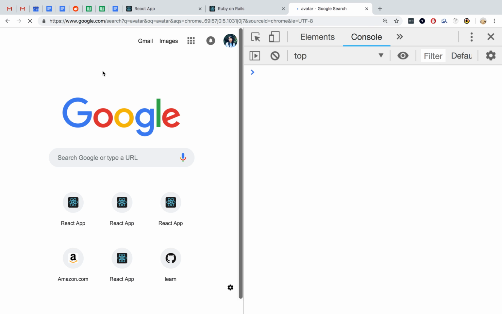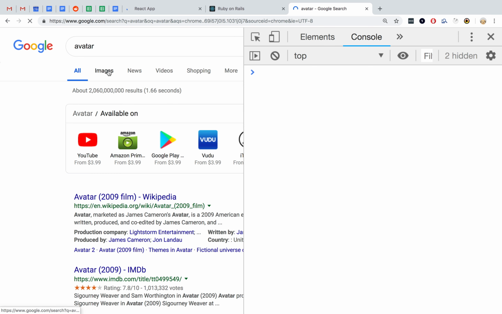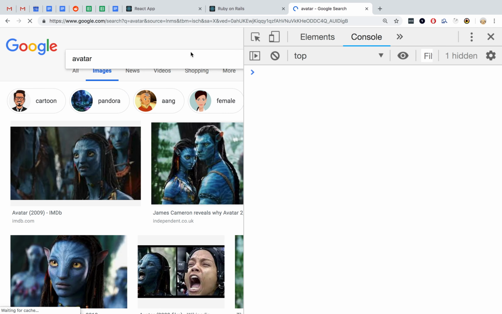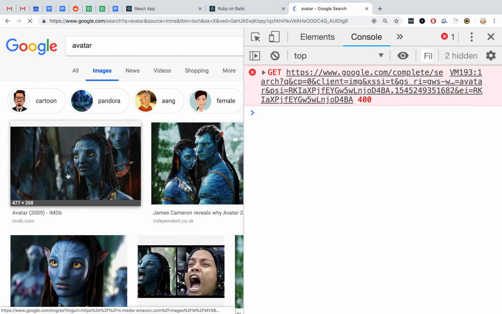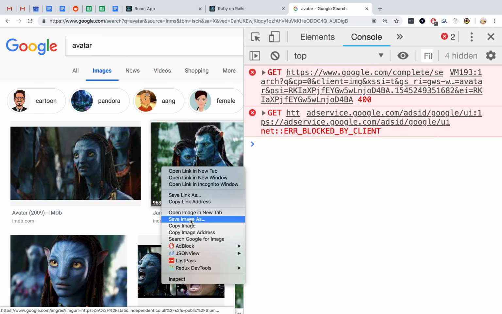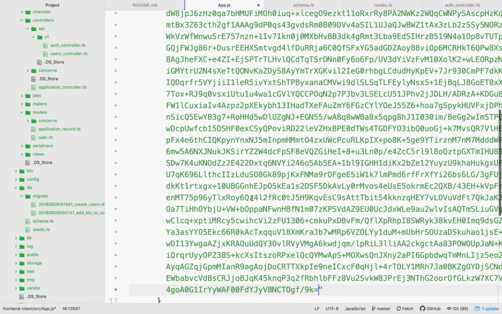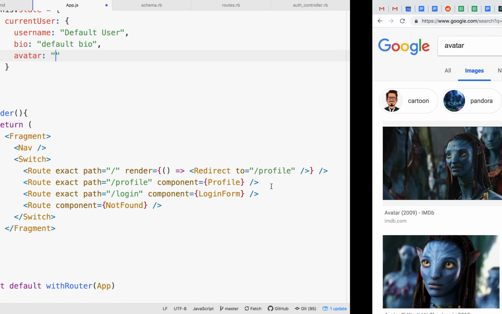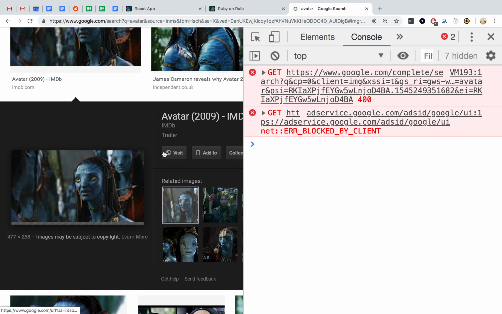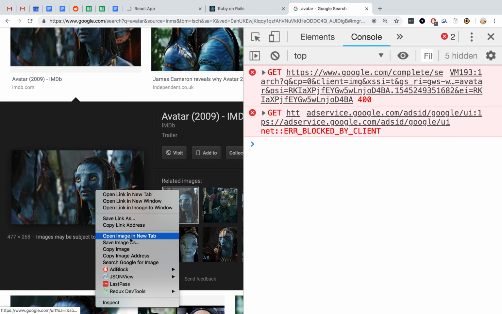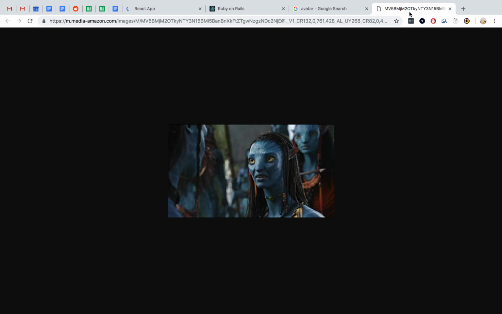Avatar. Okay, yes, these are fine avatars. I'm going to open, can I save it? Save and copy image address. Let's try that. Wow. Okay, let's not do that. Let's see, open image in new tab. This one is a little bit shorter. Okay, you know what? I'm just going to be lazy